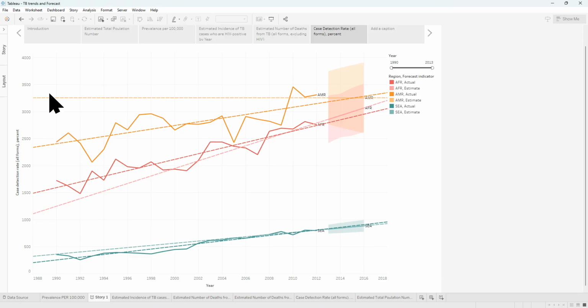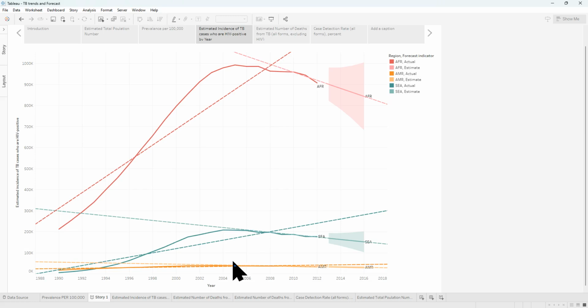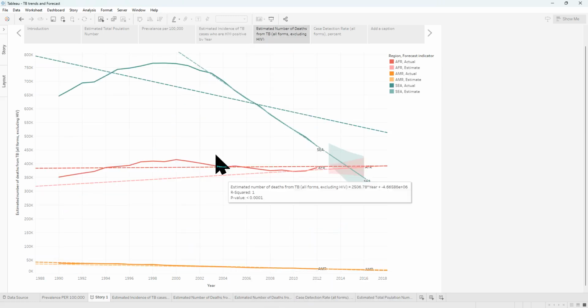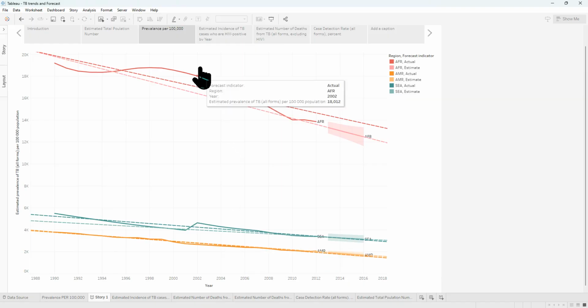In the Americas, case detection is very significant. There is a higher detection rate, meaning that people tend to walk into the doctor's office and find out, as opposed to people getting sick and spreading it. In the Americas, we have higher socioeconomics, better access to health care, fewer people, more programs put in place, and better access to pharmaceutical drugs. So typically, as we're higher here and trending up and doing great, when you look at the HIV, we're low. When you look at the non-HIV, we're low. We also have a lower population, which helps out in that number.